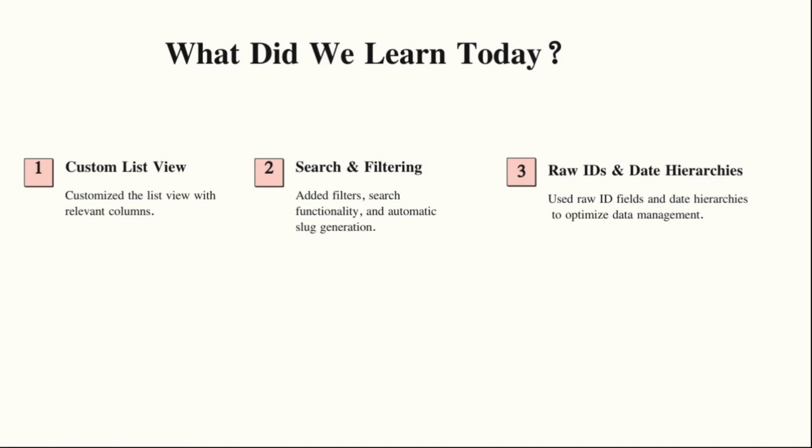We streamlined post creation with automatic slug generation via prepopulated_fields. We optimized foreign key handling with raw_id_fields, and we added date_hierarchy to simplify navigation by publication dates. This advanced customization transforms the default Django admin interface into a more powerful and tailored tool for